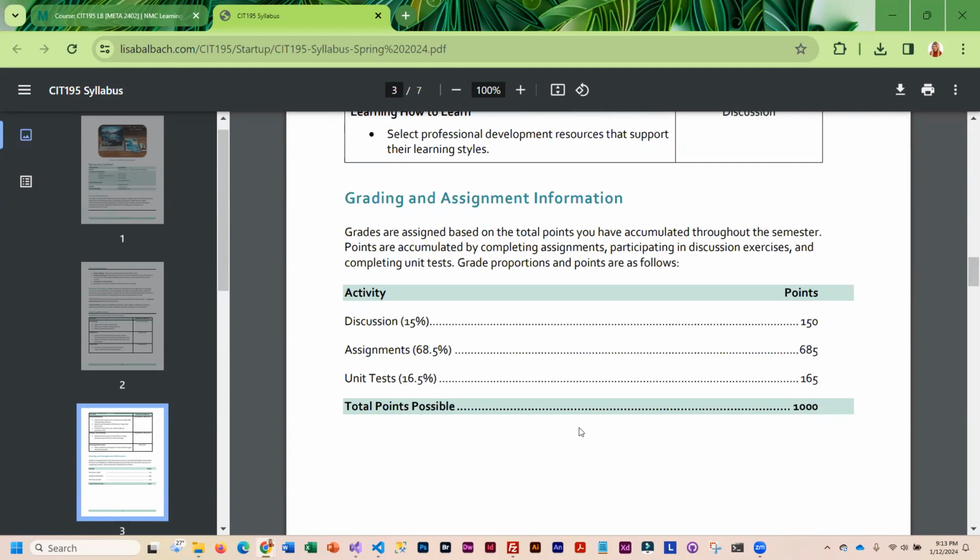Just because you look at the requirements and you're going to think of coding one thing and your classmate might code something completely different. And both of the assignments meet the requirements. And it's just kind of fun to see how other people code things up. Okay. And you might actually get some really cool ideas and learn a few things from each other. So that is kind of how I like to use discussion. So we do have discussion, and you can see a huge chunk of your grade is going to be assignments. Okay. And then we do have unit tests in here.